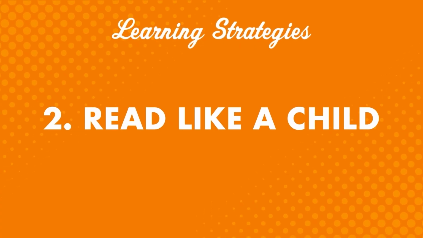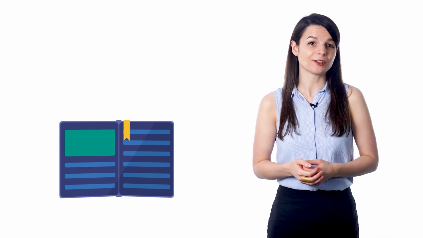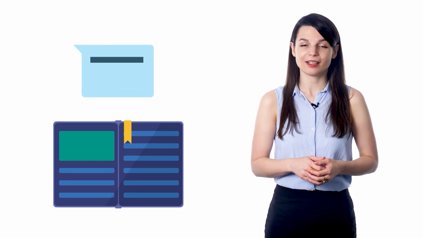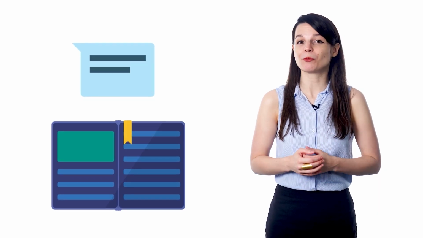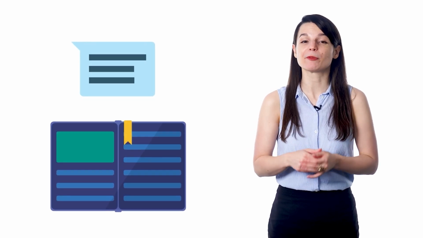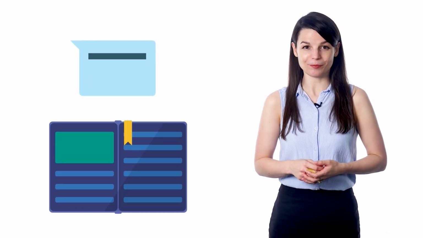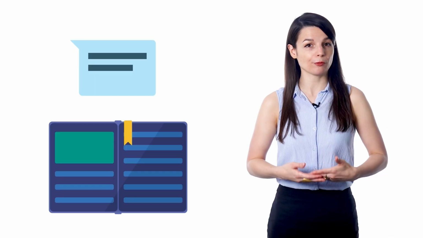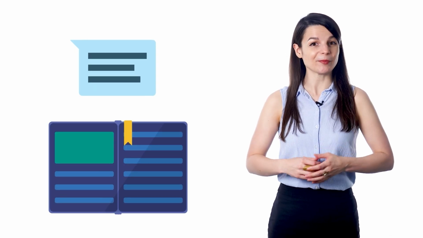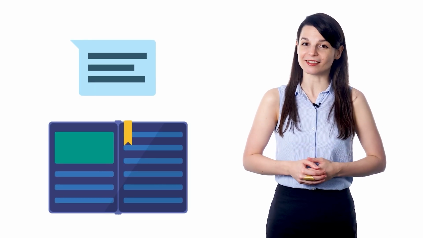2. Read like a child. This might sound strange, but think about children learning to read. They go slow and sound everything out. Maybe it takes 2 or 3 tries before they read a new word smoothly, and a few more tries before they can read it at a natural pace. This example applies to language learning too. If you find a complex sentence in something you're reading, read it slowly at first, then speed up. With practice, you'll be able to say it easily. It might feel a bit silly to speak very slowly, but this kind of practice can help you identify tough sounds you might miss or say incorrectly when reading quickly.